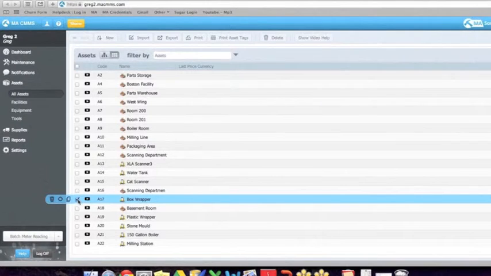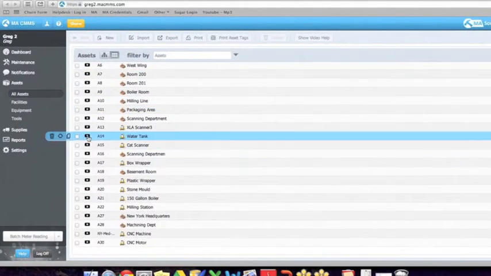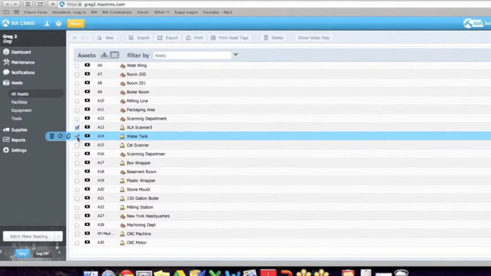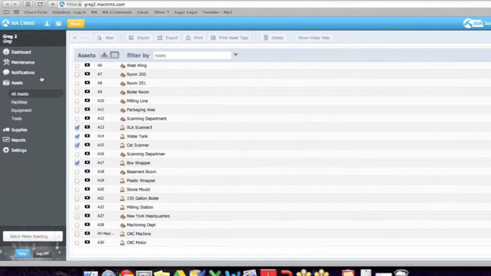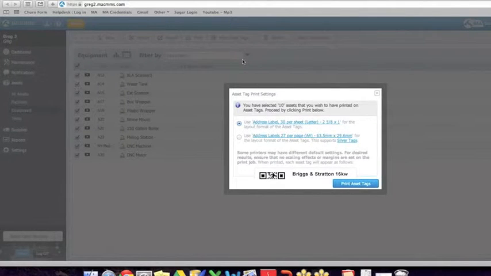So I can select the assets I want. Let's say I'm only going to do this for my equipment. I don't need to worry about the facilities. So I can select the equipment this way. A bit faster would be to filter by equipment first. All right, so I'm only going to show my equipment, select all, and then when I print asset tags,